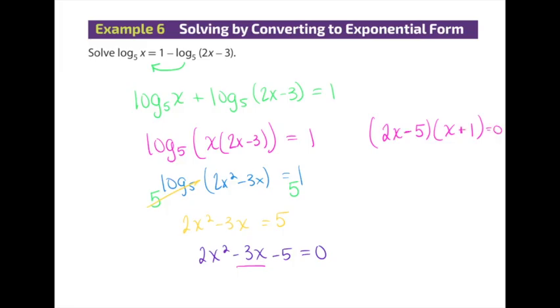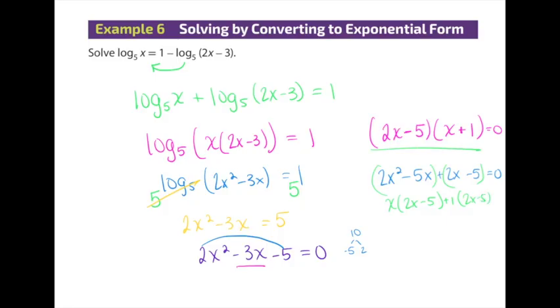Or let's say you don't remember how to do that. You can do this. Multiply across factors of 10 that subtract to give you 3, right? That's going to be what? Negative 5, positive 2. You can rewrite it: 2x squared minus 5x plus 2x minus 5 equals 0. Factor by grouping. Take out an x, 2x minus 5. Take out a 1, 2x minus 5, and you're going to see that's your factors. Either way, we're good to go, right? Both ways you can